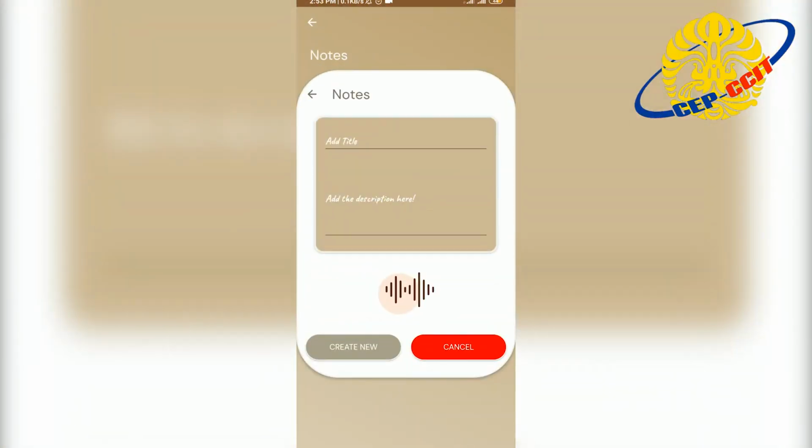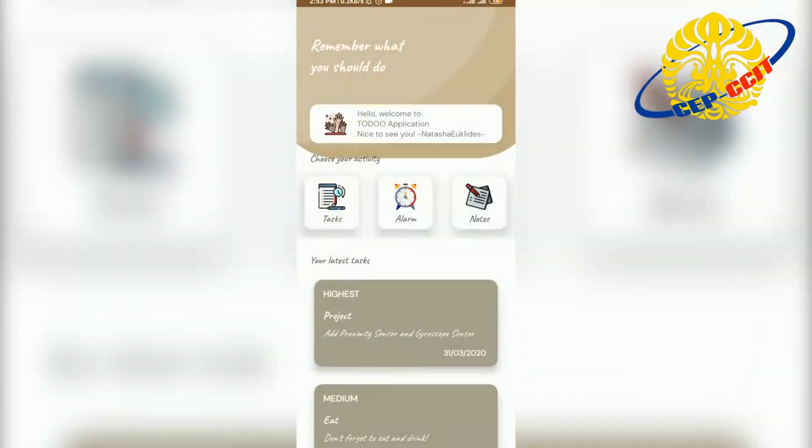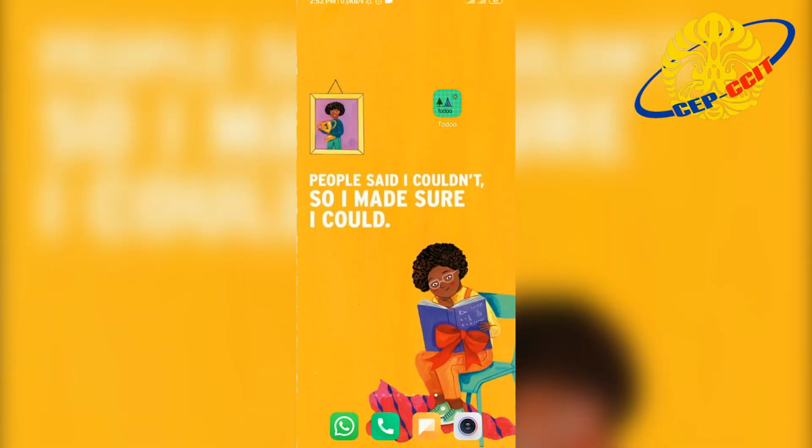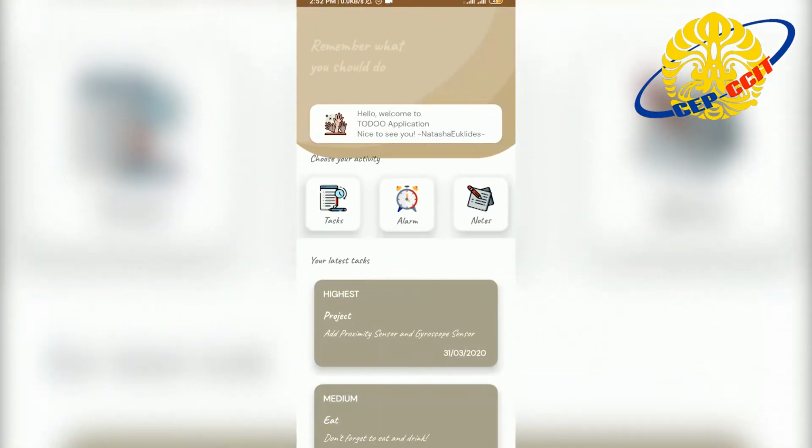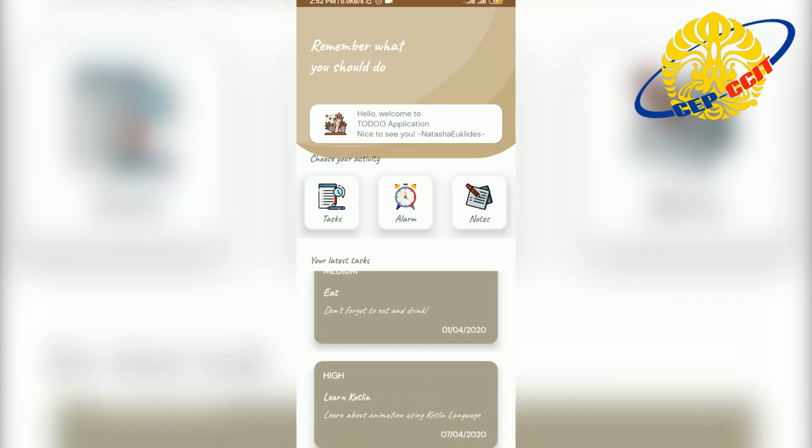So in this project, we applied strive for consistency by using our color that stays in the theme, which is brown, and we just use